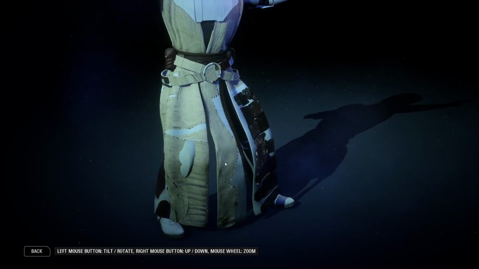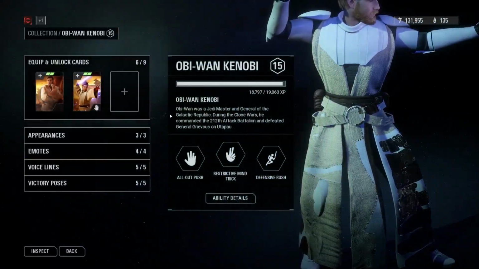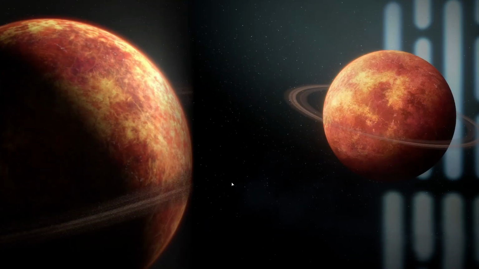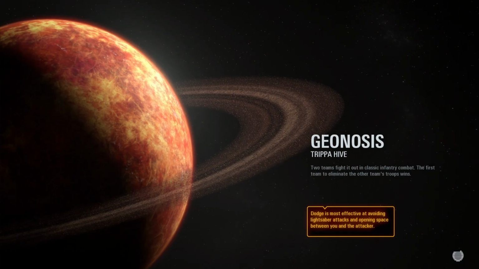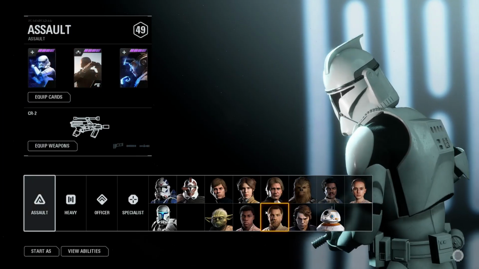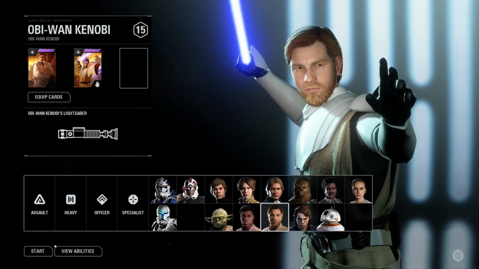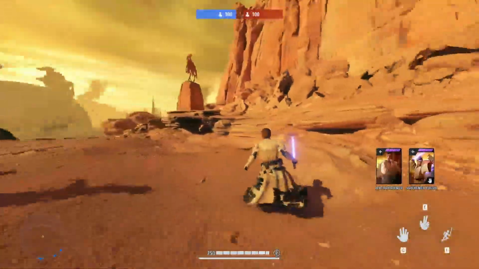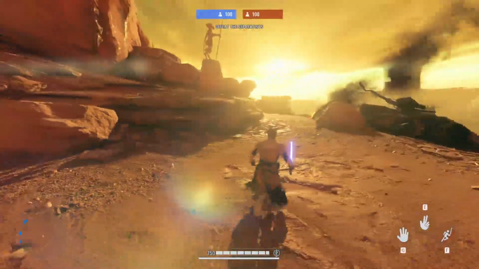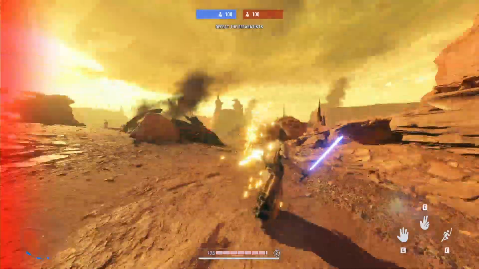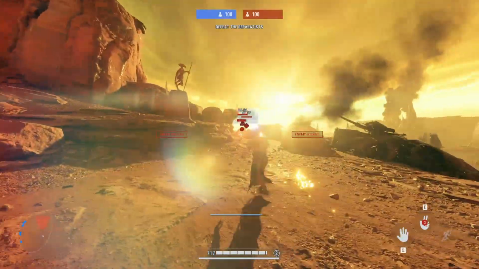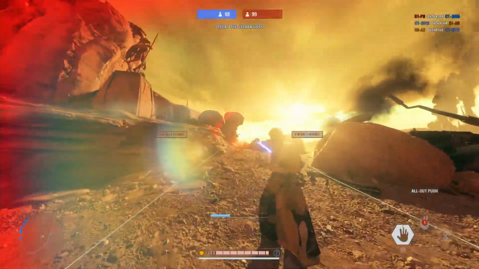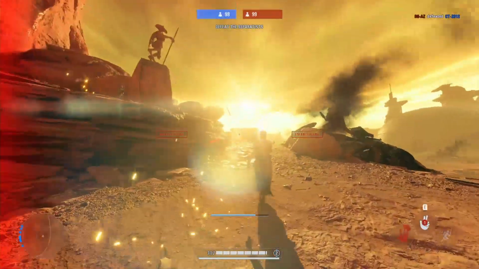And you can see it moving around and wiggling and stuff. It has cloth physics. I'll just give you a little bit of a showing of it in game. Now granted, this cloth physics isn't really meant for someone who moves as much as Obi-Wan. So it looks a bit strange on him, but it does work. You can see it's moving like the cloth should. When I rotate and stuff, there's some clipping because it's not really meant for him. So that's just kind of how it is. No, I thought those droids were still there. But yeah,